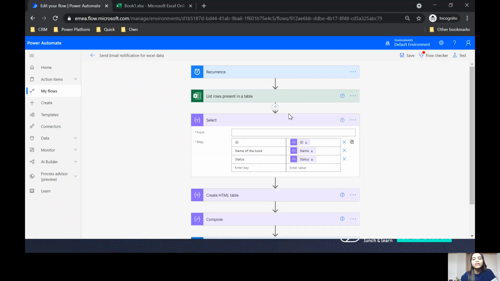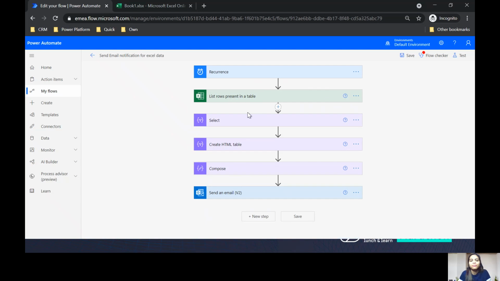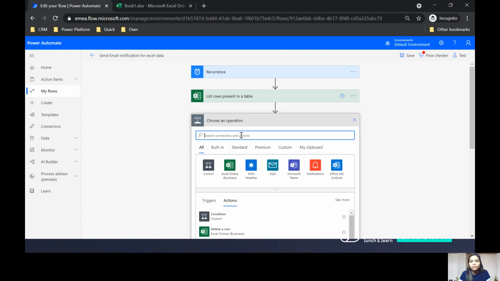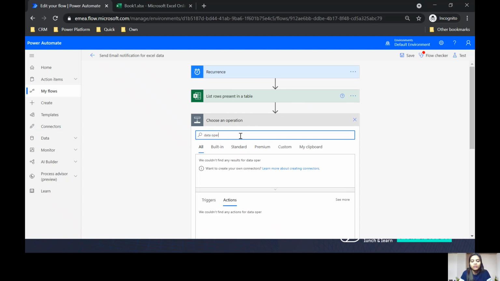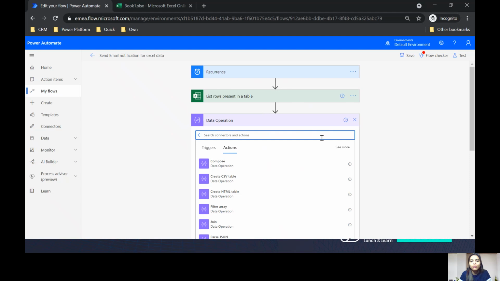Why the need for select came over here and why not immediately send an email? I'll tell you shortly about it. The select is coming from data operation. So let's quickly show you that data operation.